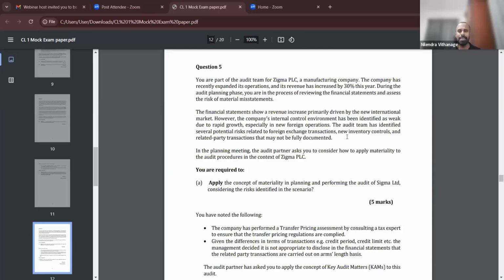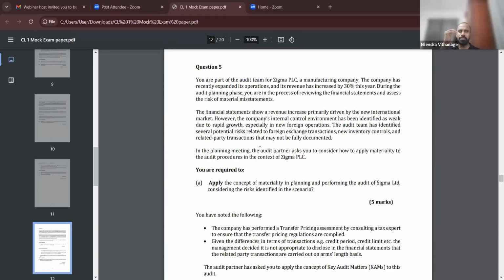When the risk of material misstatements is high due to significant audit risk with regard to revenue, what should you do for your materiality? Materiality should be brought down, a lower level of materiality. Got my point? When you bring down your materiality, you will identify more misstatements. So tell the examiner this. Note down the important points as I say them.